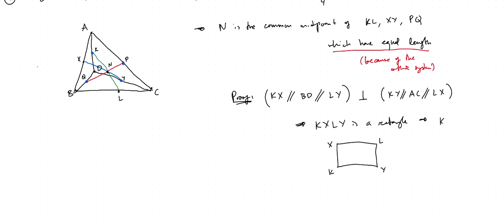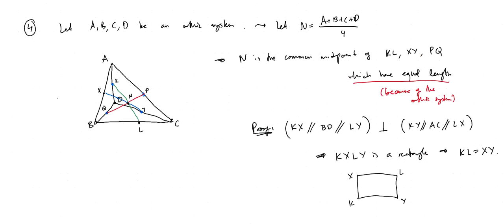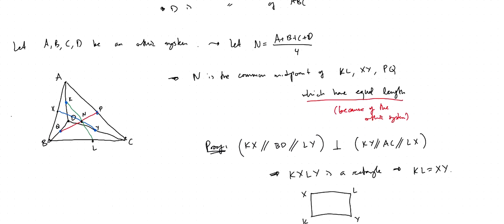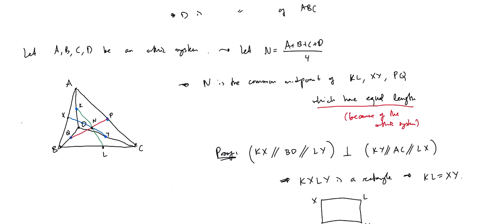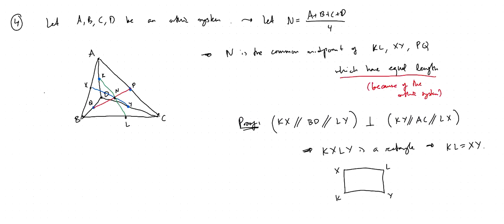KL equals XY. If you look at the figure, the reason that this is a rectangle is KX is parallel to BD and LX is parallel to AC. So KXL is 90 degrees. Yeah, this is why this is a rectangle, so the diagonals have equal length. KL equals XY. Similarly, PQ is also equal. So this is the common point of 3 segments which have equal length. In the case of orthic system, this is what happens. So this is a very special thing. So if I take this in a box,